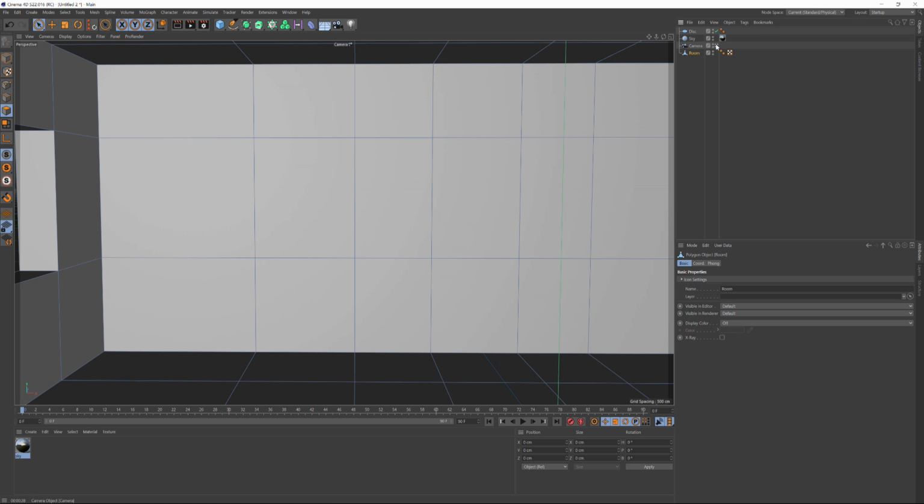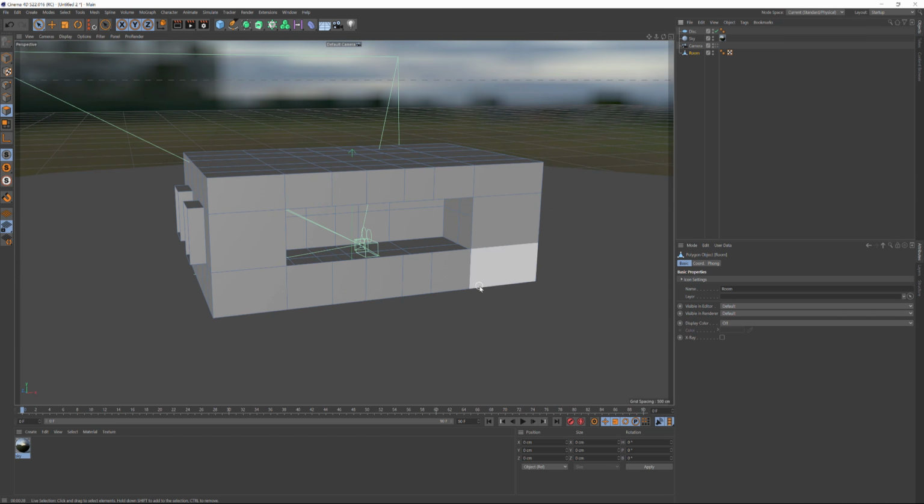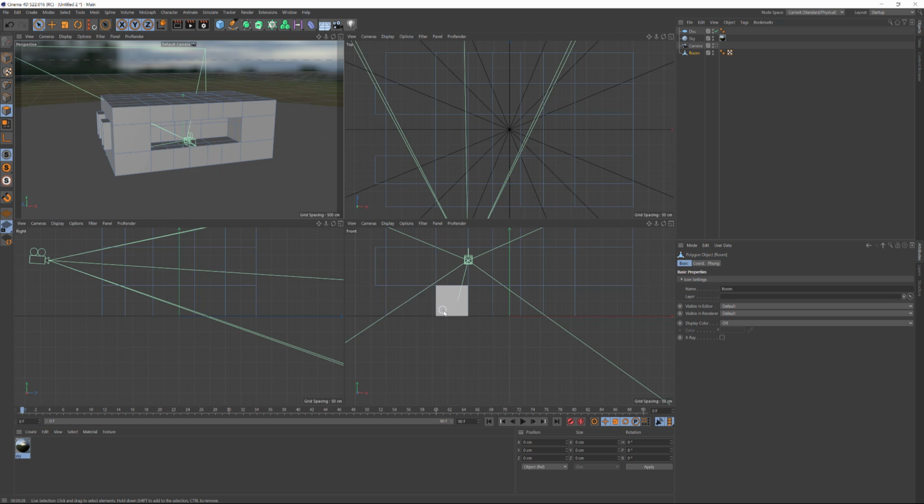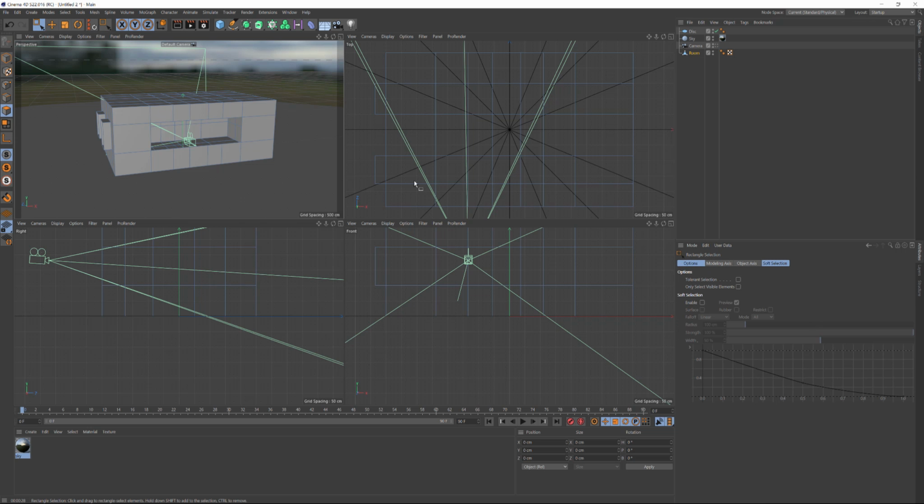Actually, I'm going to disappear from my camera view. I'm just going to hit the middle mouse button to go into my quad view, and I'm going to choose a different selection tool. So if I click on the selector here and choose rectangle selection, make sure that only select visible elements is off, and then I can come in, select all of those bottom ones, and you can see they got selected